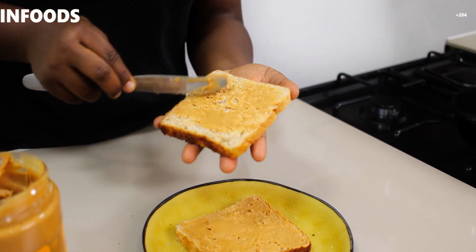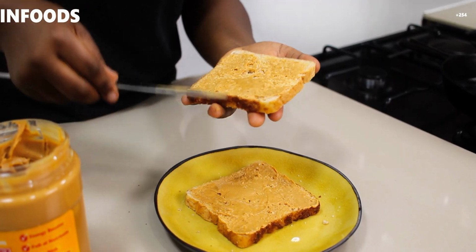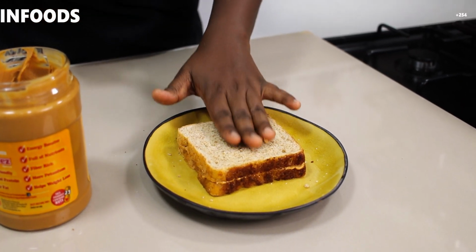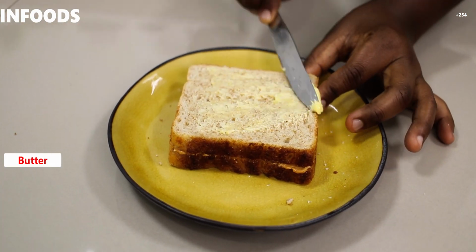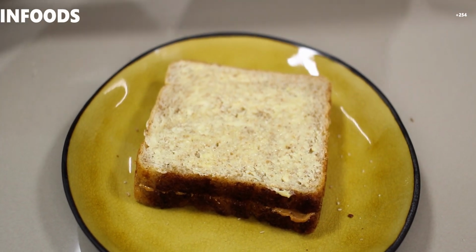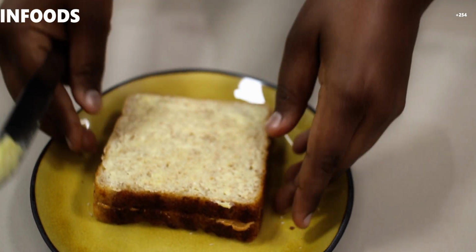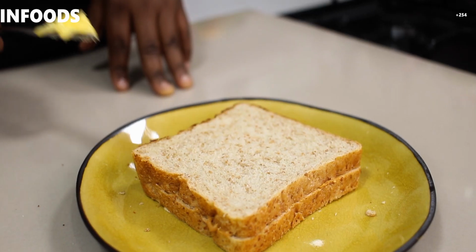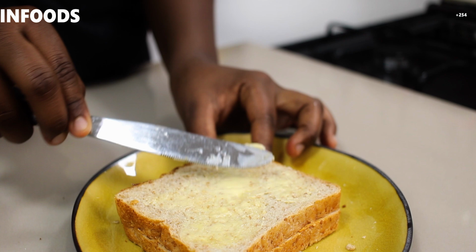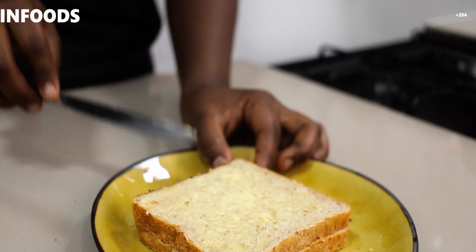So in this recipe, I've been using brown bread because that is what we love the most in our family. So feel free to use white bread. So I'm going to place this on top of the other piece of bread. Then I'm going to spread butter on top. Then I'll flip my bread. Once you're done spreading butter on the other side,